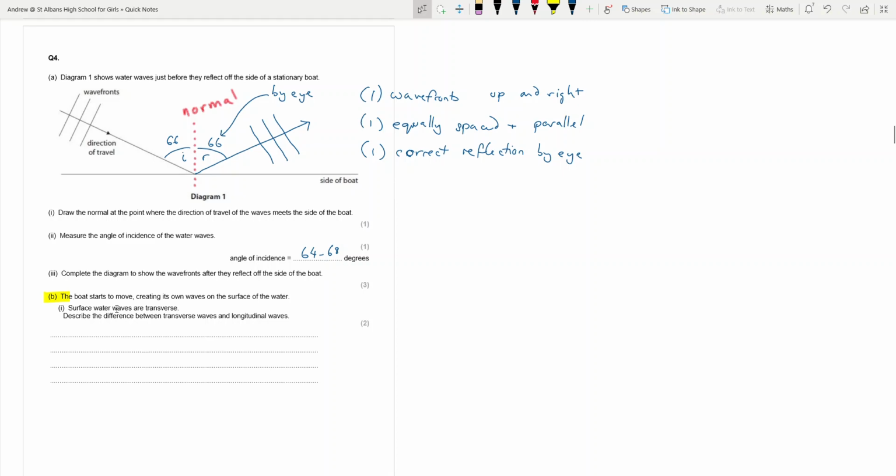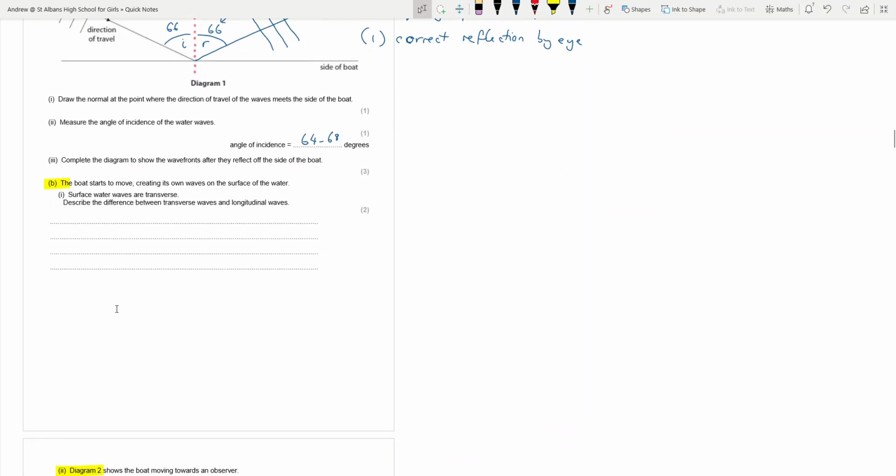The boat starts to move, creating its own waves. This surface waves, water waves, and transverse. Describe the difference between transverse waves and longitudinal waves. And this is, again, really kind of recall. It's like, what's the difference? We want to say that the key thing is that transverse,